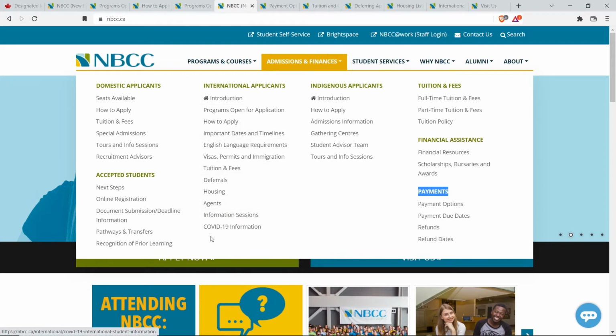So basically, if you're looking to apply to this school, you should be checking everything here and everything here. These things are good, but these are more like your next steps. So if you're thinking what will be the process once I get accepted, then you can look into this. These are also pathways and everything,